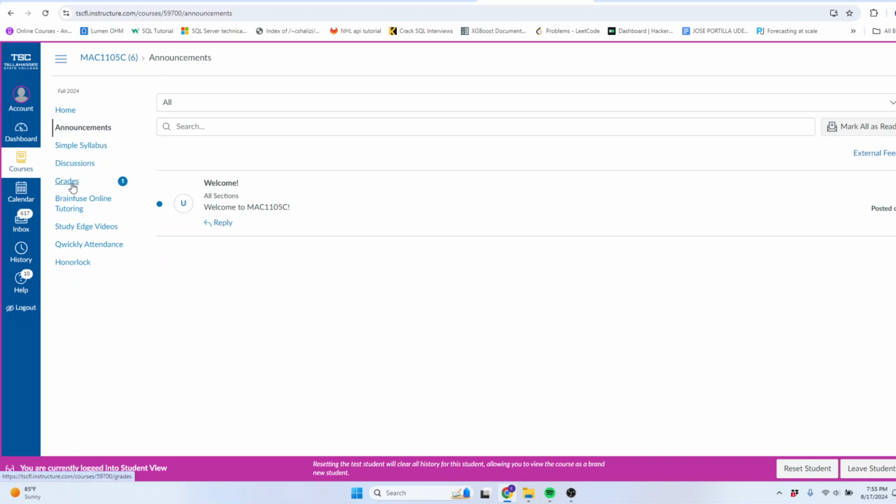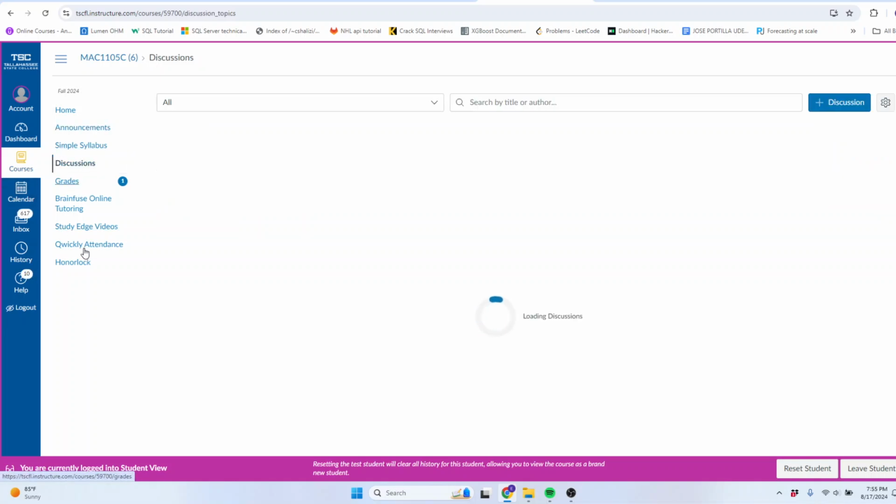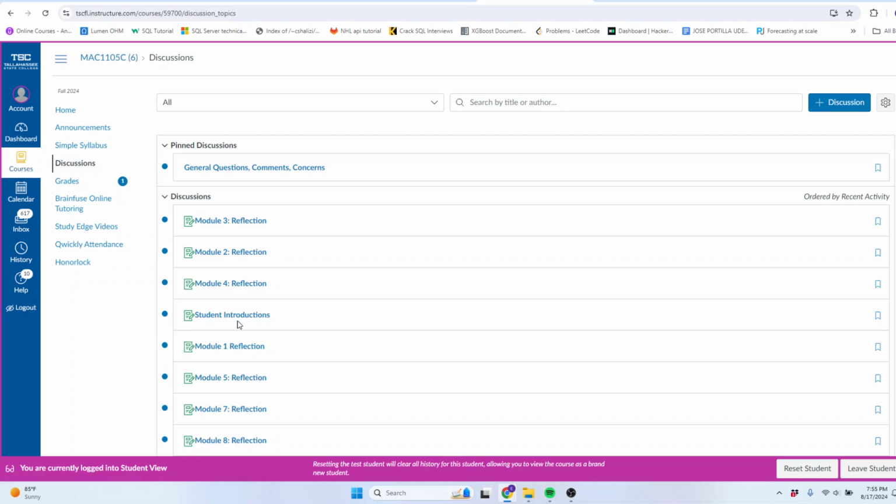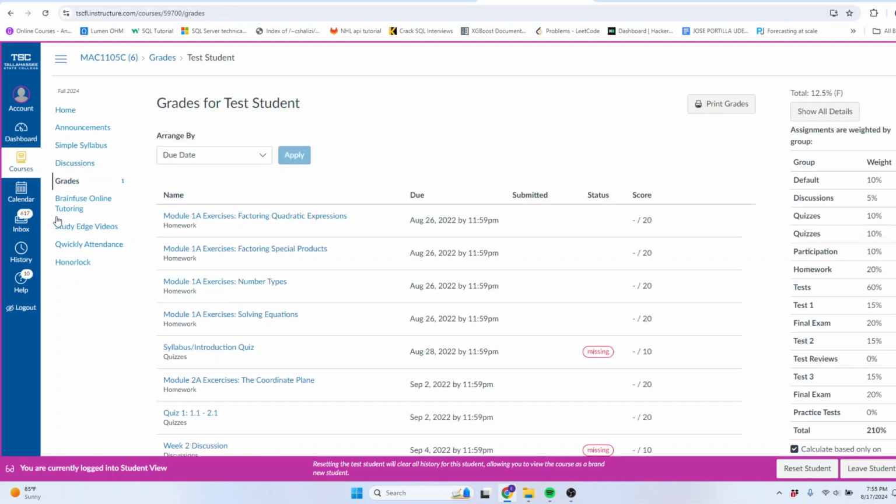Simple syllabus, we went through that. That's just where the syllabus is. The discussions tab, that's where all the reflective discussions are held. Not necessarily in order, as you can see, just because of the order they were made, but the due dates will be available for you so you don't have to guess. The grades tab, that's where all your grades are housed, and also the grading scale. It's kind of doubled right now, but that will reflect exactly what we were talking about before in the syllabus. Brainfuse online tutoring, this might,